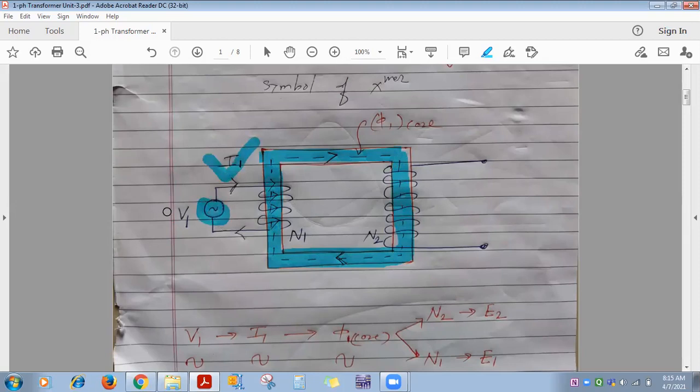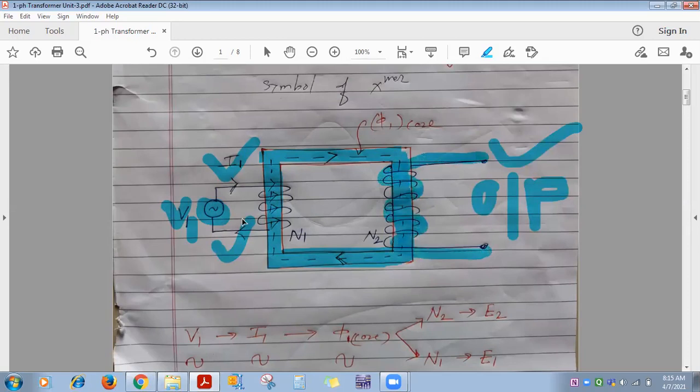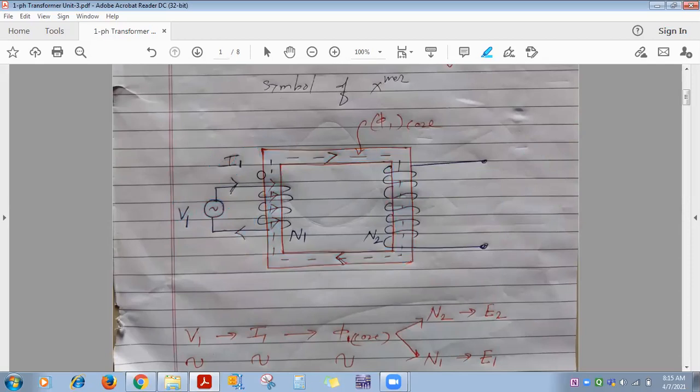The AC voltage source, marked as V1, is applied on the primary side. So the winding on your left is the primary winding. Then the output will be obtained across the winding on your right-hand side, so this winding is called the secondary winding. Like this, the primary and secondary windings are both wound on a common magnetic core, which is square or rectangular in shape. This is the construction.